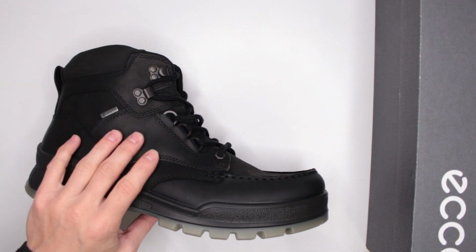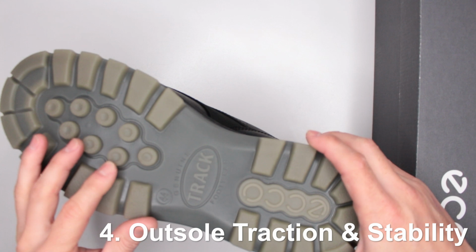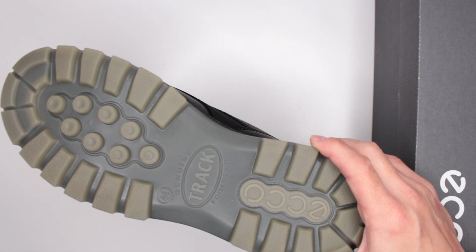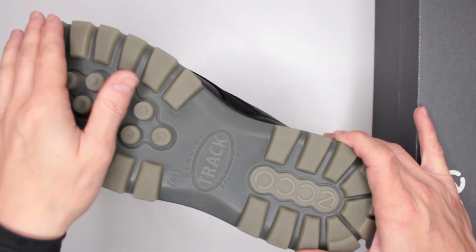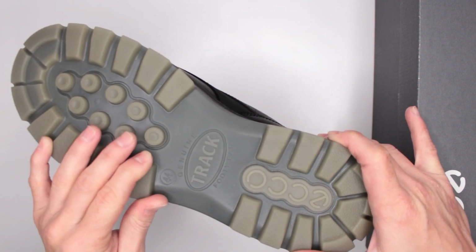But let's move on to criteria number 4 now: outsole, traction and stability. Whenever I do my run and my walk, I do it on a variety of different surfaces. I do pavement, sand, dry sand, wet sand, dry grass, wet grass, rocky road, marble, tile, trail surface, rubber, just a whole bunch of stuff. Everything that I can find. And this handles very well on a lot of things. It's a little bit slippery on the wet grass just because